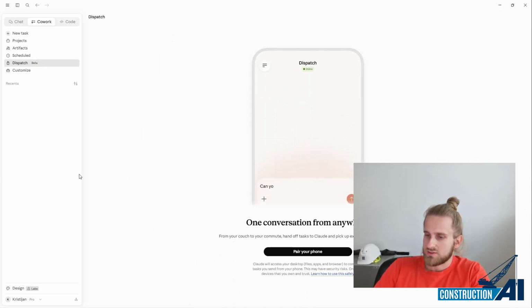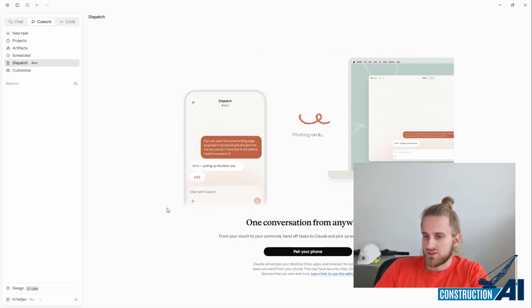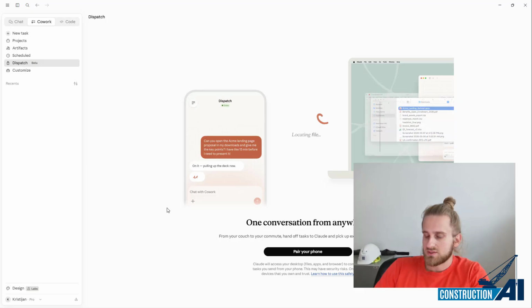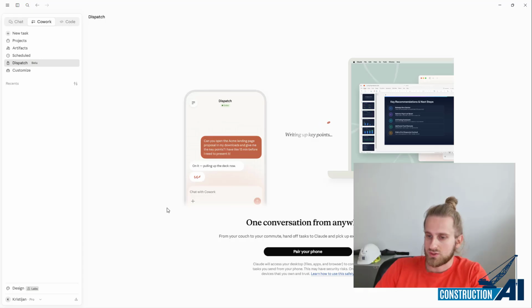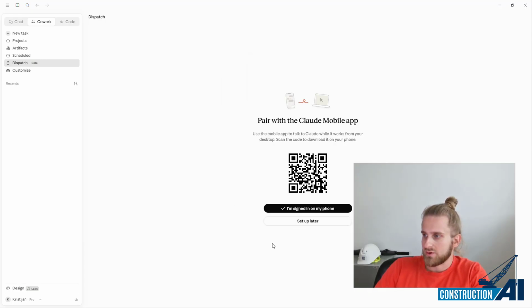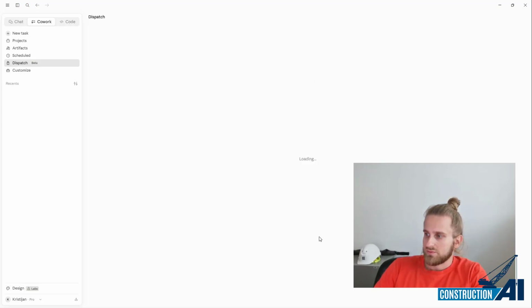You click on it. First, you need to pair your phone, to sync your phone and have your phone send the data to the desktop app, and then the desktop app communicates with the Notion table. So if I click pair your phone, I just click I'm signed in on my phone. It will ask you some things, so keep the computer awake, let Claude control your computer. You can set up in a preference what you want. But if I click finish setup,